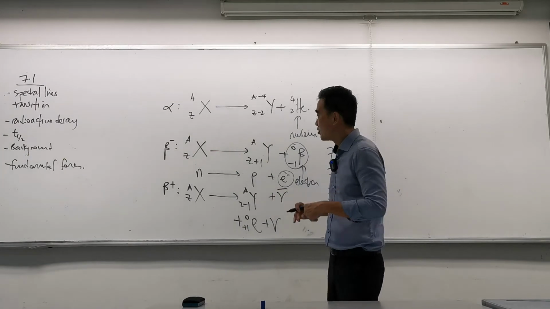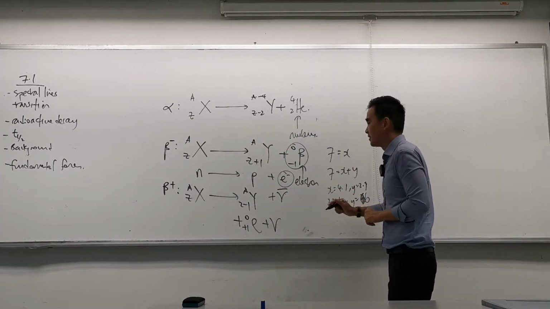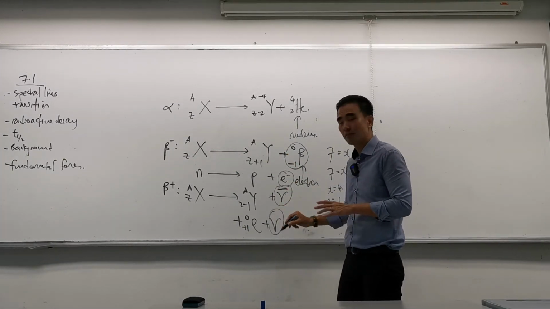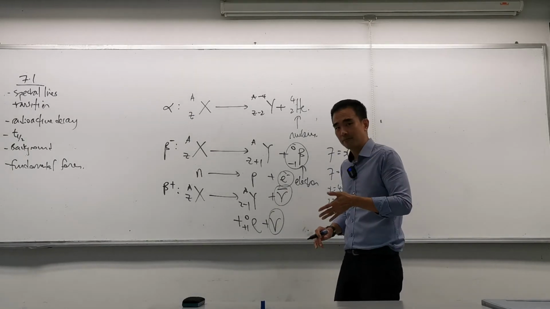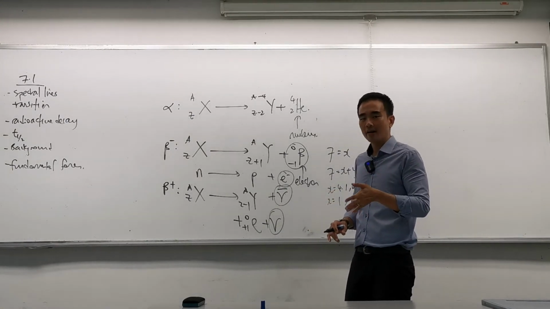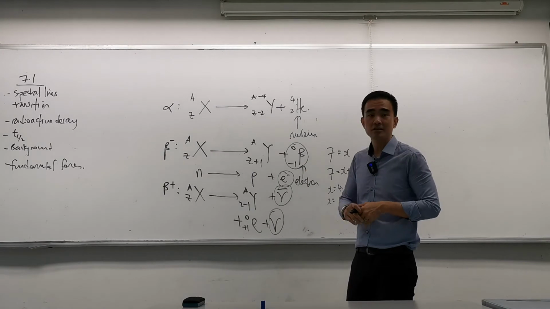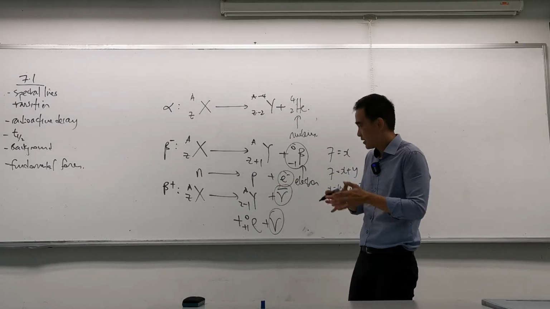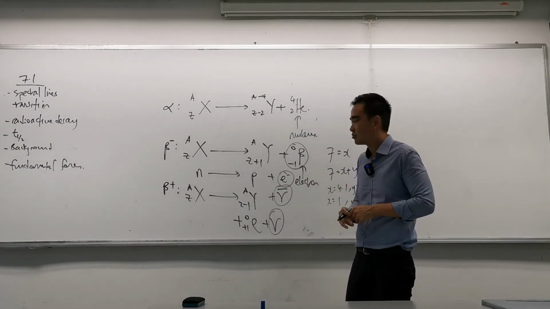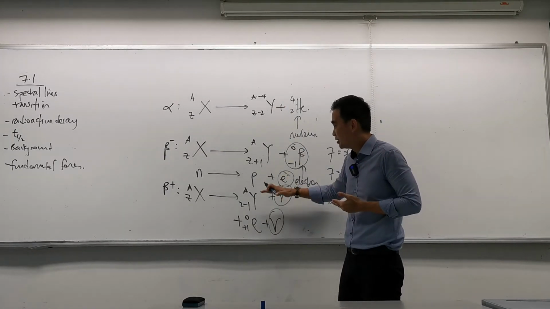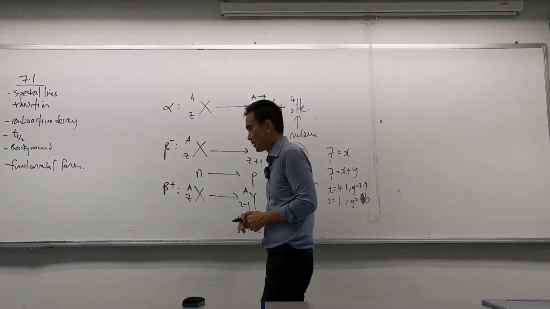But for the moment, you need to be aware why it is that there must be an antineutrino or neutrino, because that explains, and it was detected, why the energies of the beta particle are a widespread spread of values rather than specific values. And you need to know how to write equations for alpha, beta minus, beta plus decay.